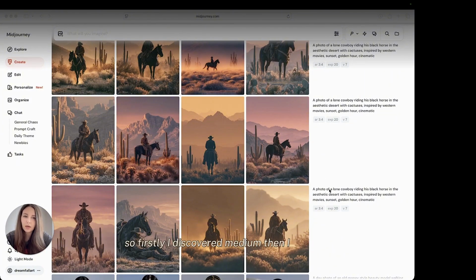So firstly, I defined the medium, then I added the subject, and then I'm explaining what the subject is doing in detail. So I could just say horse, but I added black to specify what exactly I want to see, what kind of horse. In the aesthetic desert, yes, I could say just desert, but I wanted to specify aesthetic to make my picture look more Pinterest style. And then I added some more details, and after that, you actually can add some environment context, for example, sunset,